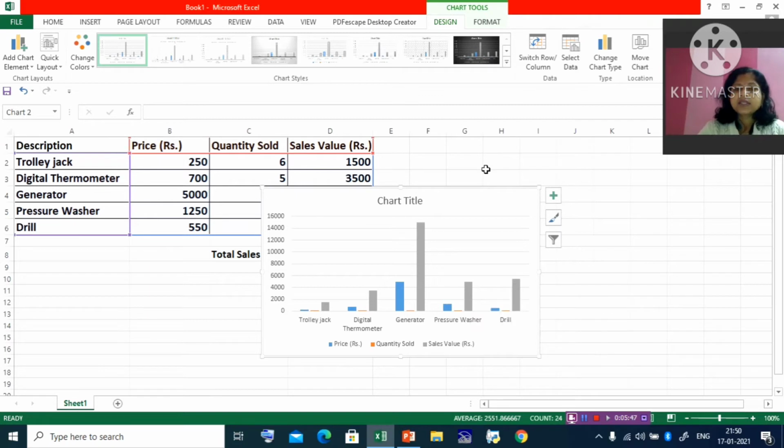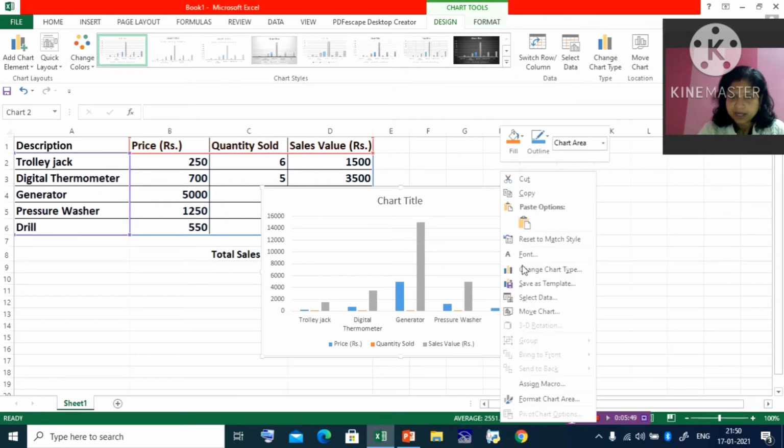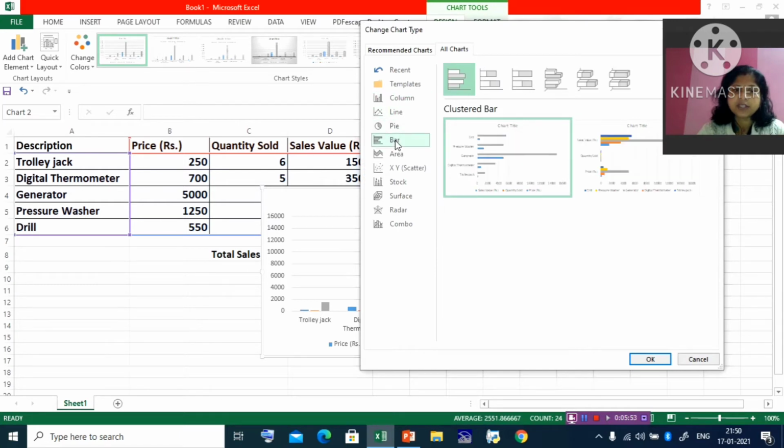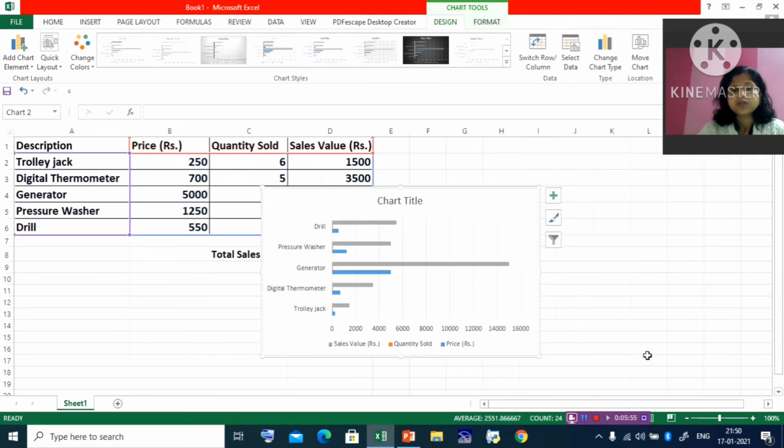Similarly, with the same data we'll just change the chart type. From column we'll go for a bar chart. You see, this is your bar chart, just the opposite of the column chart. This value becomes your x-axis and category becomes your y-axis. Clear? It is used to compare the data items. A column chart is used to show change in data over a period of time. Here using a bar chart, you can do multiple comparisons also.